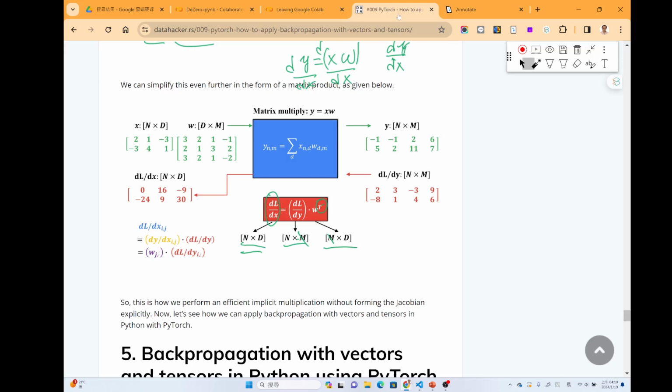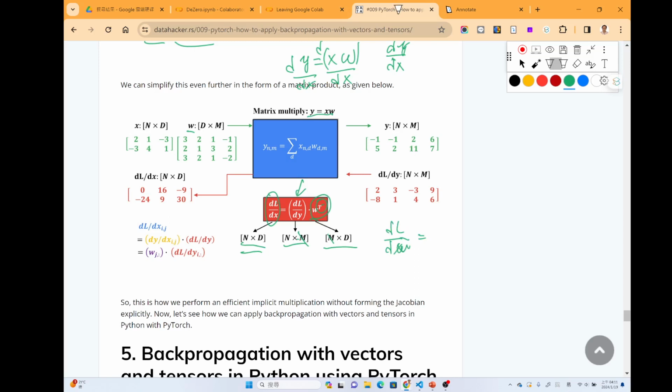But for now, we know how we can write the backward function of the matrix multiplication here. The only thing we need to know is that we just multiply the upstream gradient by the other variable. For example, if we want to calculate the dx over dl, we just multiply it by the w, and we can do the same thing to calculate the dw over dl as well.